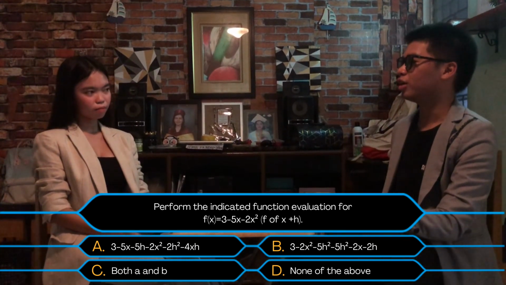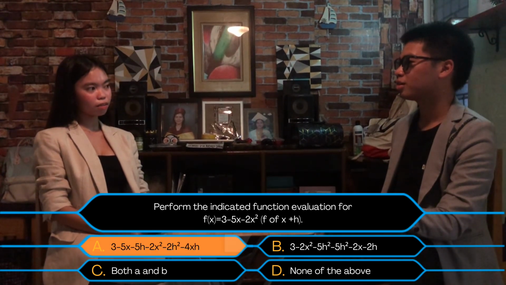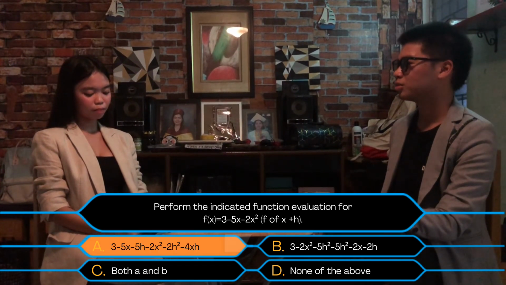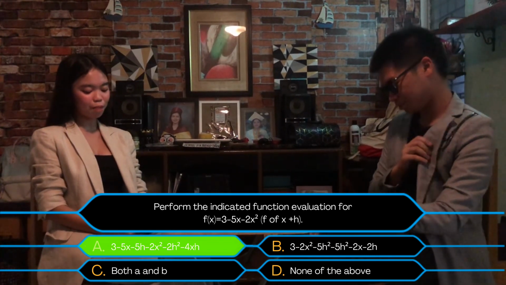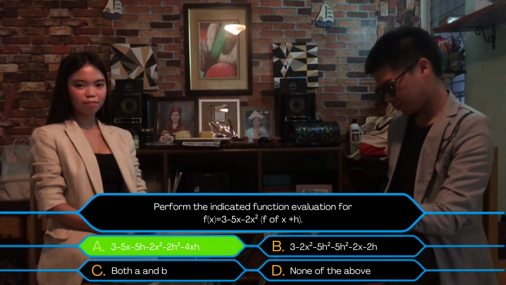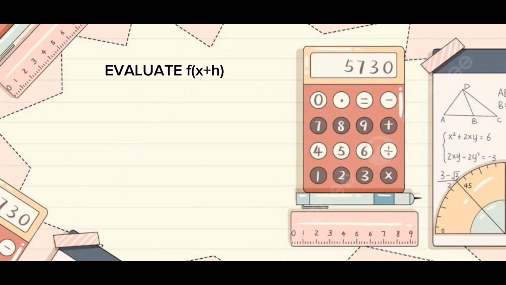For me, it's letter A. Are you sure about that? Yes, of course. Correct again. You've won 100,000. To evaluate f open parenthesis x plus h close parenthesis for the function f of x